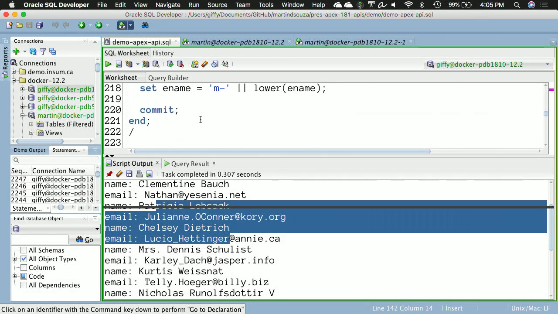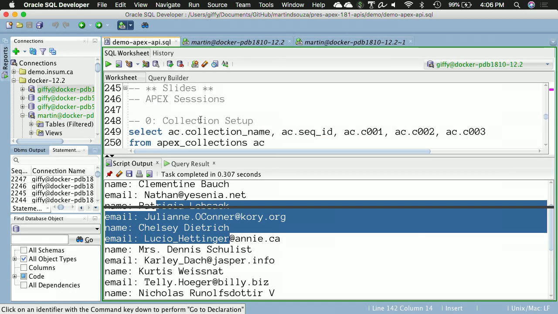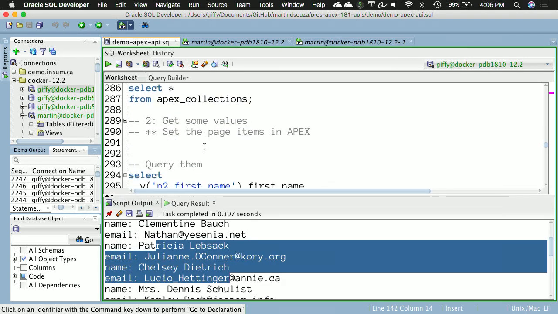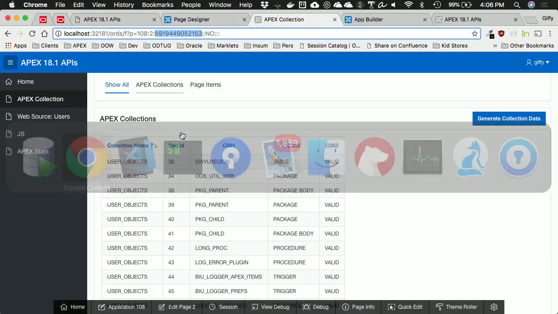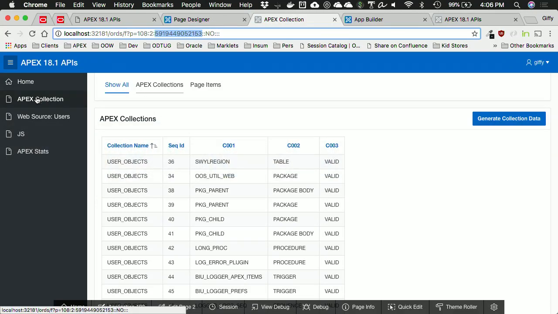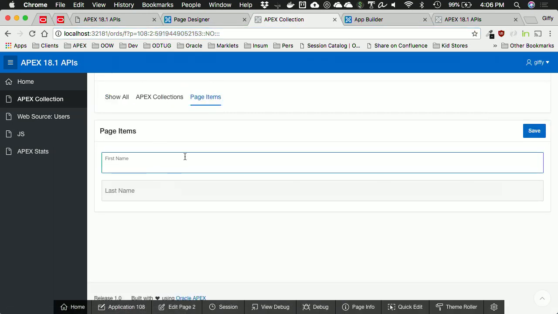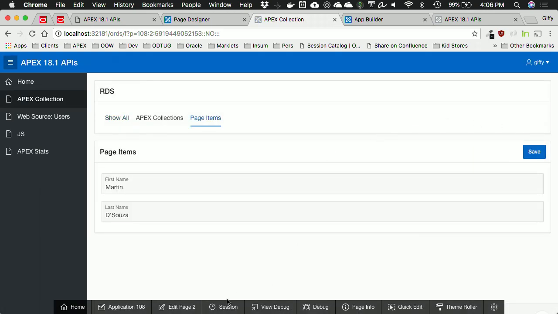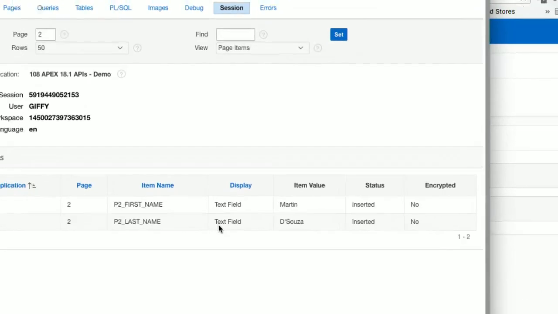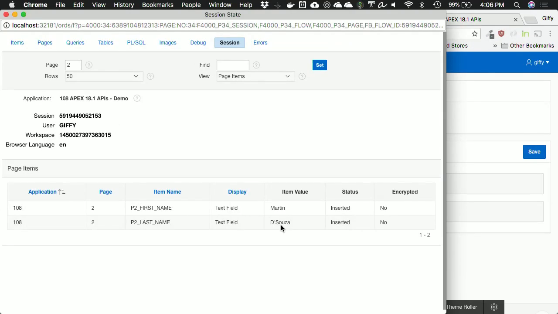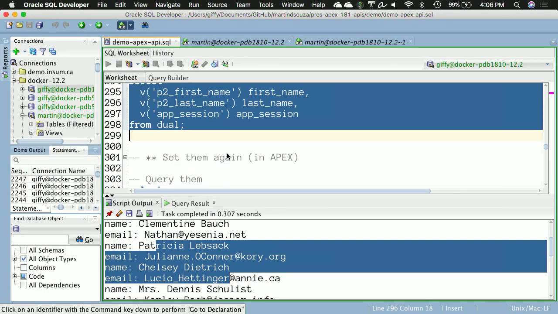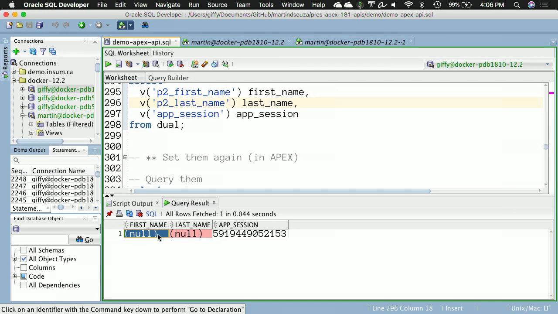All right, where were we here? Parsing schema. Okay, so next thing is, I'm going to go onto my page here. So now I've got the same session in my web browser as I do in PL/SQL. And I've got my page items, first name and last name. So let's just put Martin D'Souza. I'll click Save to save it. And just to point this out, it is in session state. So I see Martin here and D'Souza there. Kind of nice. Now when I query this here, first name, last name as the V function, I'll also,